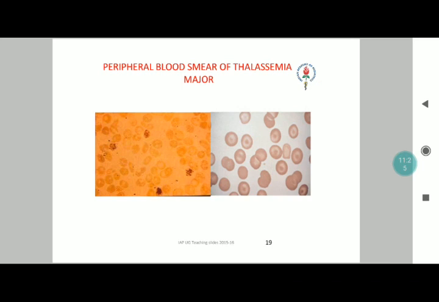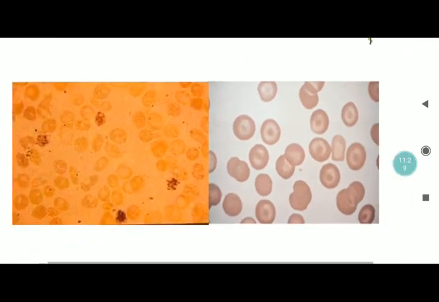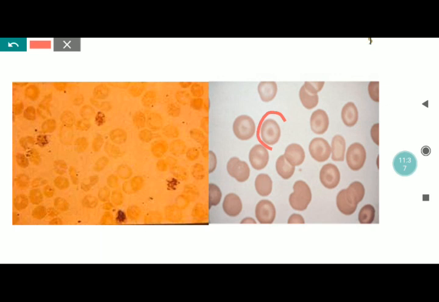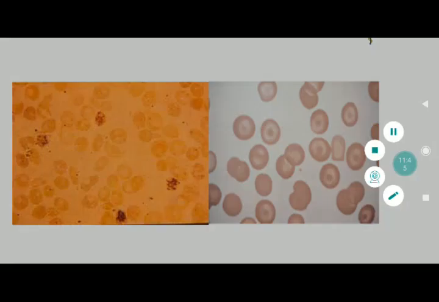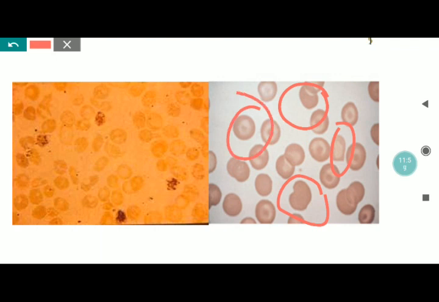If you notice the peripheral smear of the child with thalassemia major, you can notice typical target cells present all over, and these target cells I will just highlight here so it's more evident. These are typical target cells. Along with that, you also have a variable degree of anisopoikilocytosis where you can see these particular cells here. The shape and morphology of these RBCs is completely altered. So these are all far from normal, and even the other cells have a larger amount of pallor than what is normal.